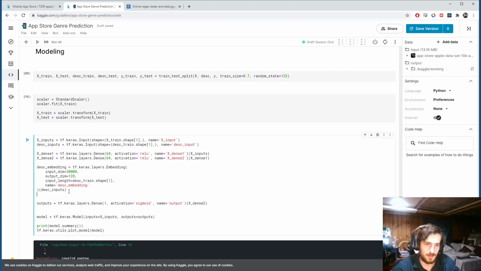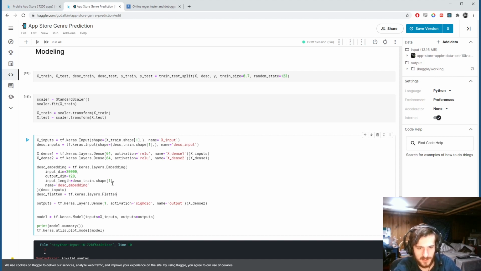Alright, then this will actually return, because we're embedding the words in 128 dimensional space, it's going to take the sequence and encode each word. Each word is going to be 128 characters long. So each word will have 128 characters to represent it, and at the end we'll get a two-dimensional array as our output. So because we're getting a two-dimensional array, I'm going to create a flatten layer,